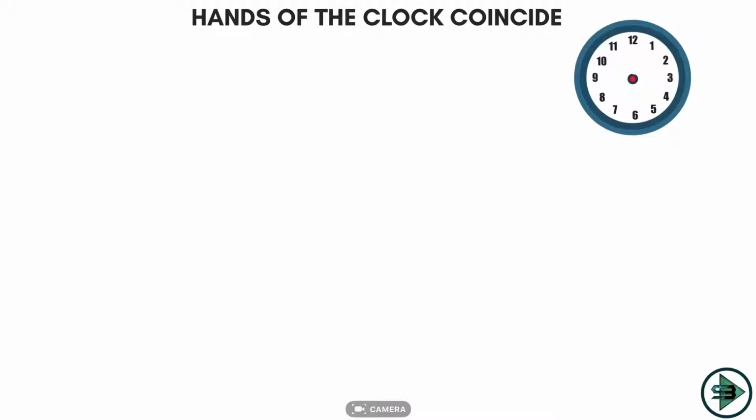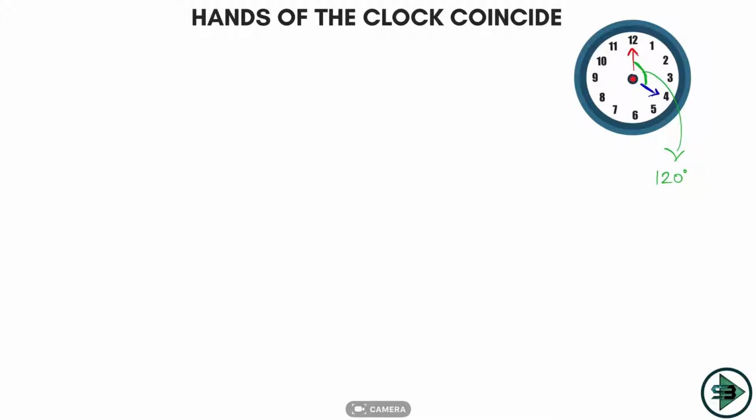And the first type of problem that I get here is hands of the clock coincide. Okay, so now I'm telling you that it is 4 o'clock in the watch. So my hour hand is here at 4 and my minute hand is here at 12. Okay, so I told you it is 4 o'clock in the watch. What am I asking you right now? First thing, what is the angle between the hour hand and the minute hand right now? It is 4 o'clock. So what is this angle? This green one will be equal to 120 degrees. Right? That is quite simple.